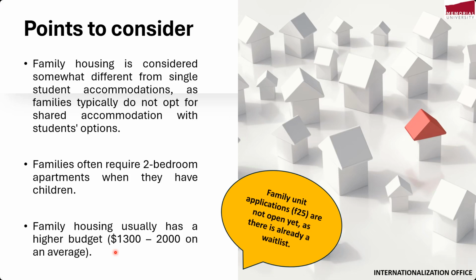Let's say a couple has one kid. Sometimes it's okay if the kid is small, and a one-bedroom might work. But if the family has two, three or maybe four kids, teenagers and younger ones, then you have to go for at least a two to three bedroom apartment. Some landlords are not willing to rent to families with more than one child. The lease also usually specifies the number of adults and children, so that is important to consider.